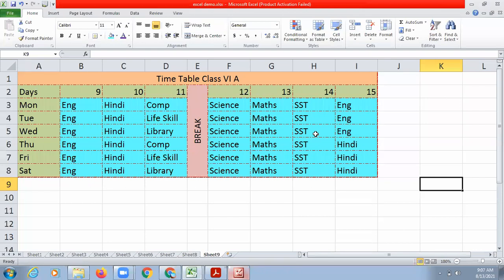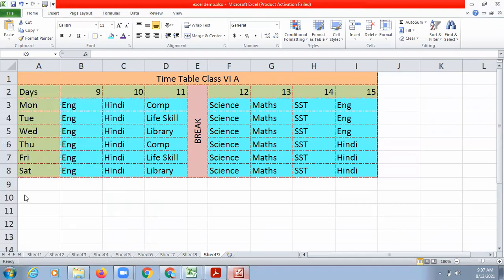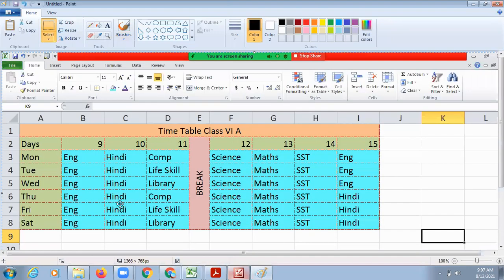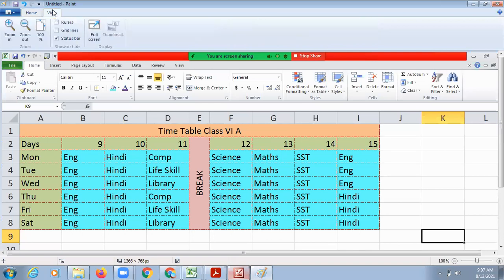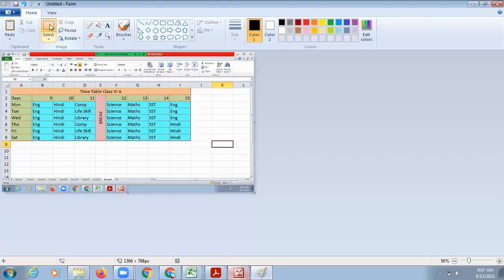Screenshot how you will take from computer, you will press the print screen button, and automatically it will take the screenshot of whatever you have opened in front of you. Then you can go to Paint and paste it over there. So after pasting you can crop this image. पहले थोड़ा zoom out कर देते हैं, and now we can crop, select the area like this one.